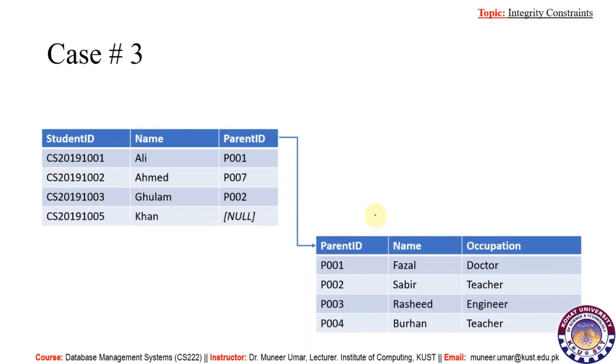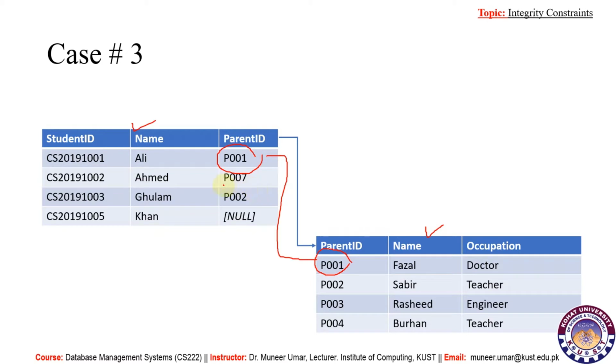Third case, here two tables are connected. If we look into these two tables, this first entry is connected with this one. So if I say that the father name of Ali is Fazal, it would actually be due to the connection of this parent ID. We are using a foreign key in this table from here, so both the tables are connected, so we can get the corresponding value of this table here in the second connected table.